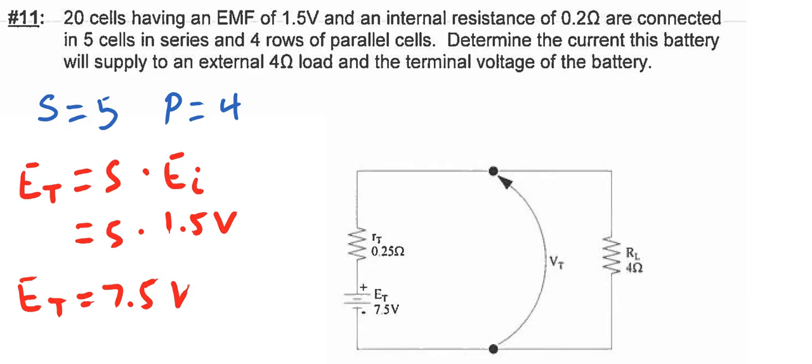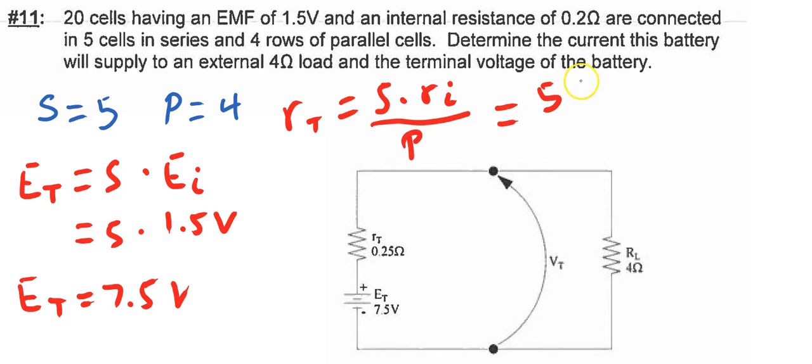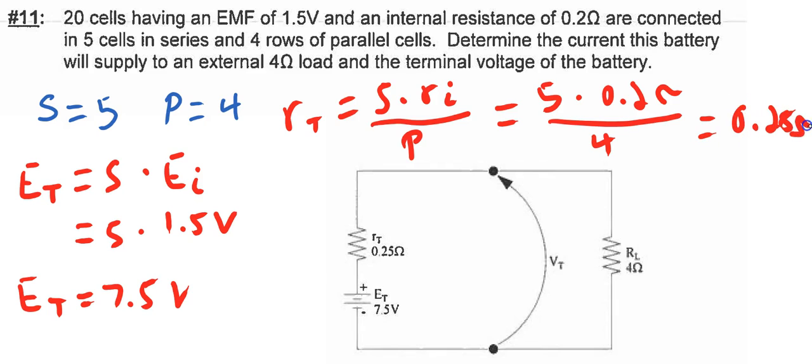And so if you refer to the notes for the battery section that are provided for this course, you will find that there is a page which contains a summary of the equations that apply. And if you look there, you will find that for a series parallel combination, the total internal resistance is given as S multiplied by the internal resistance of a single cell divided by P. And so we have 5 multiplied by 0.2 ohms and divided by 4, and that gives us 0.25 ohms as